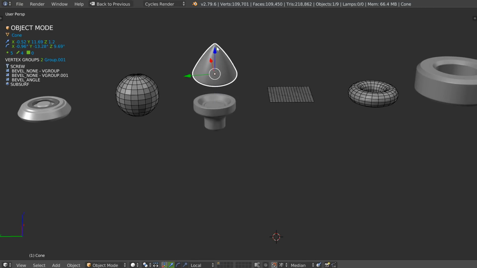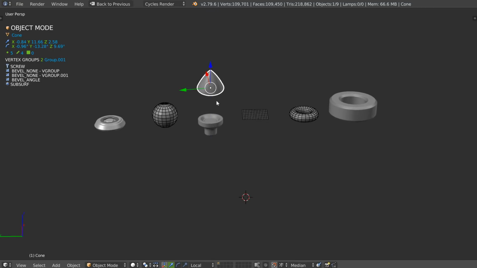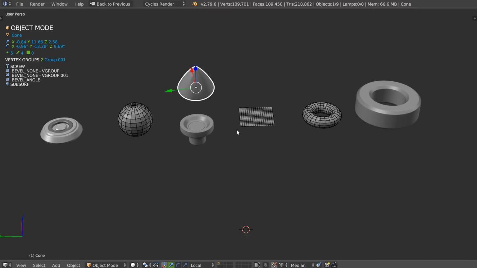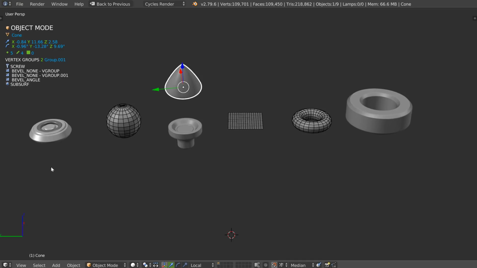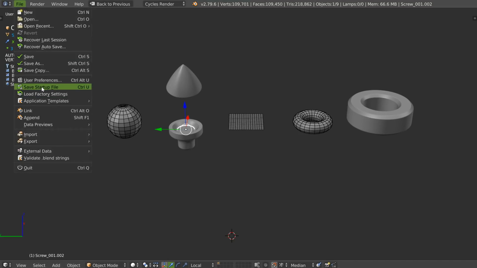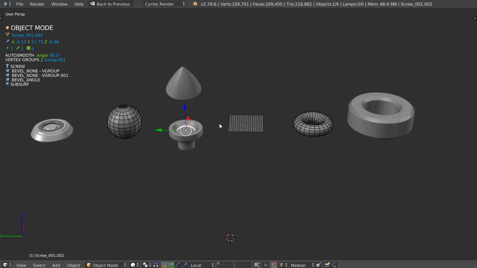So, I will give you the default scene if you want. You will be able to see each primitive. You will be able to save them if you want. You can save them directly in the asset management. You can save them directly in your scene, and after make a save startup file, and do whatever you want.